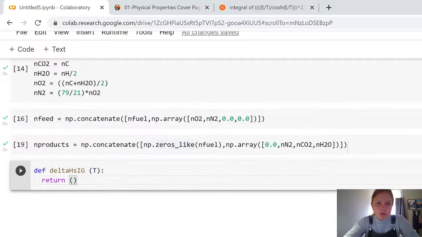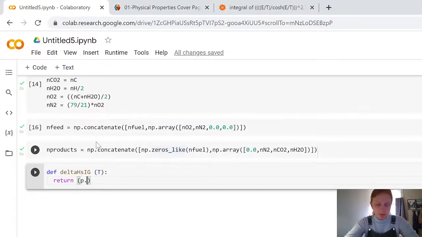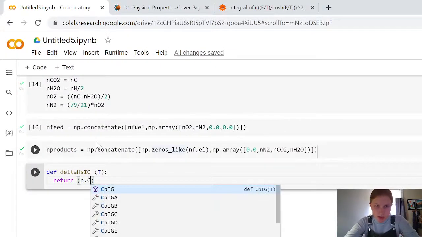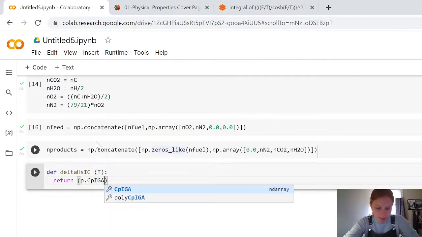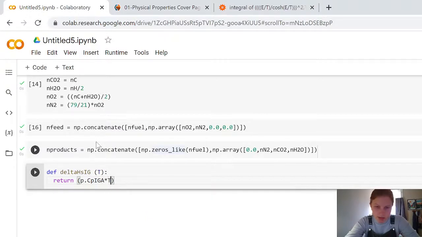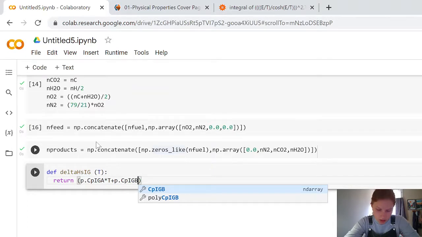So let me put in here, it's going to be P dot specific heat of ideal gas, and we want coefficient A multiplied by the temperature. Okay. Adding coefficient B. Multiply that by